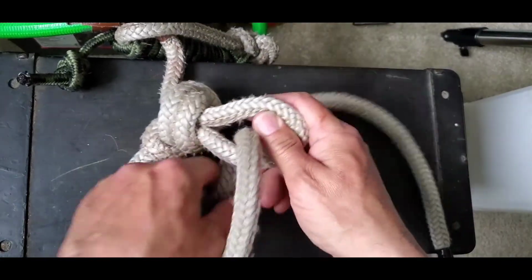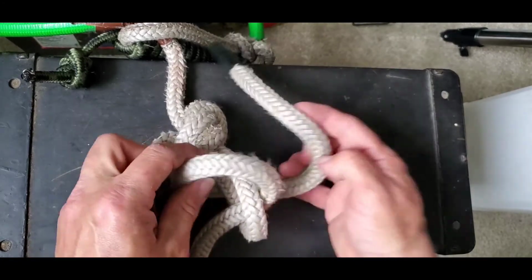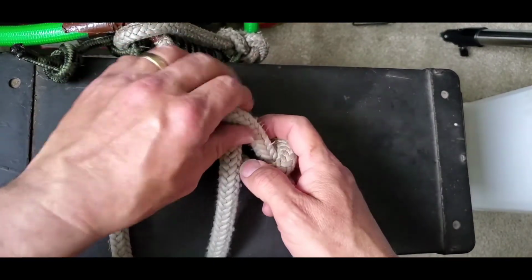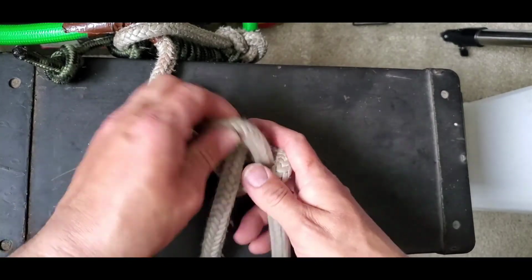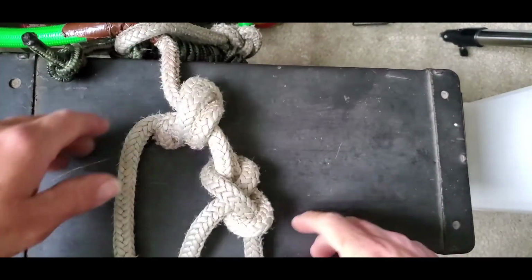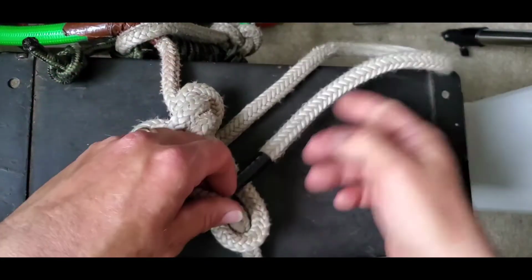Now you could tie it in with a sheep bend, like we did the other end, right? We come around here and come through, and there's a sheep bend. That's one way to do it, and that's not bad. Once you got the height, you could even loosen this, pull this up, pull that, and that's your adjustment. Neither one of these are going to slip. The other way, since I don't have a lot of extra line on this,